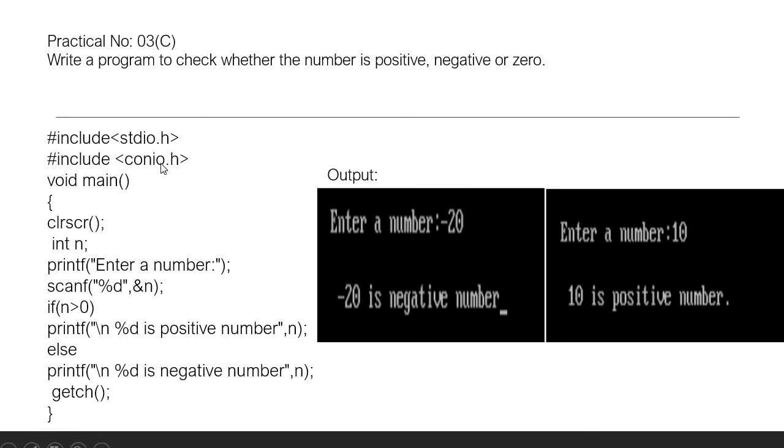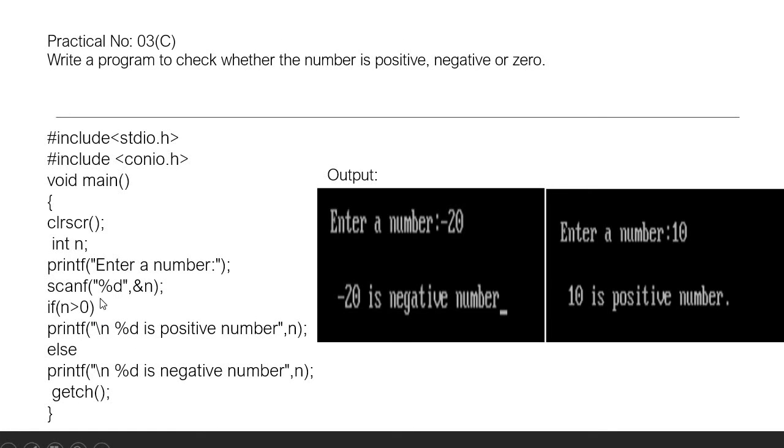I am putting in both the header files as well as my main function, and the clear screen statement to clear my previous records, and over here I am introducing the variable n. This is called the initialization of the variable; the n variable we are initializing. Now the printf statement will print as it is on my output part, and within this scanf I am using the format specifier %d because my data type is an integer. Through the n variable the user will enter the value.